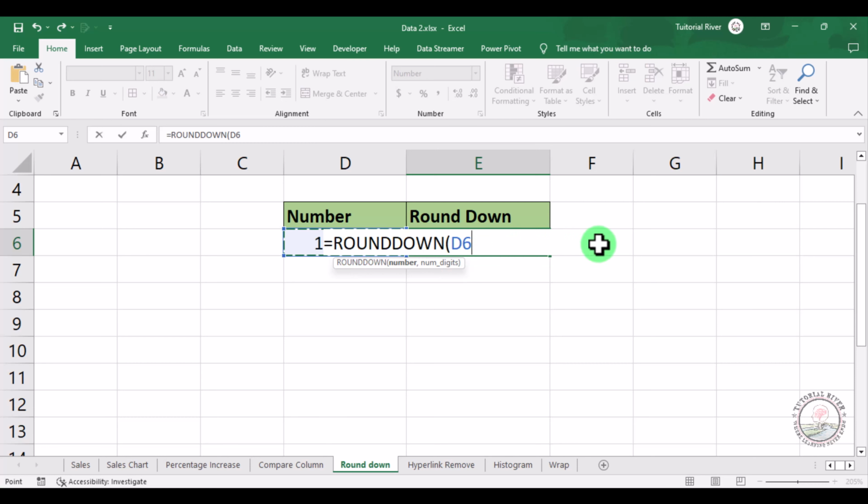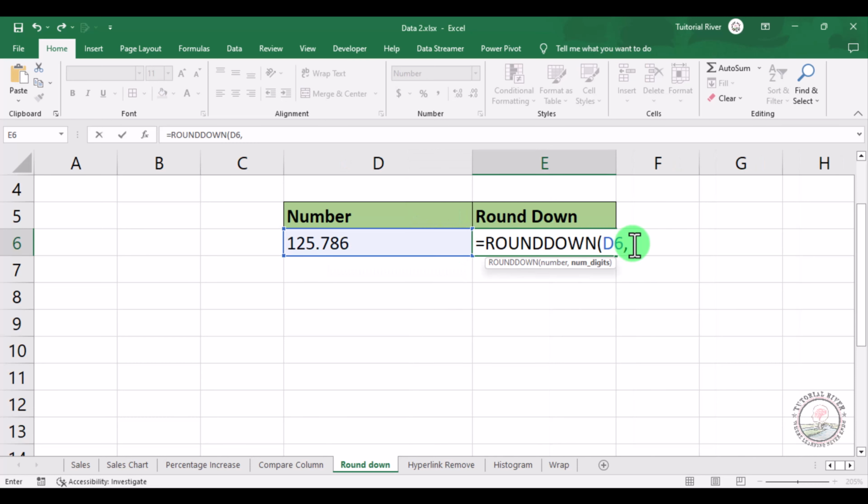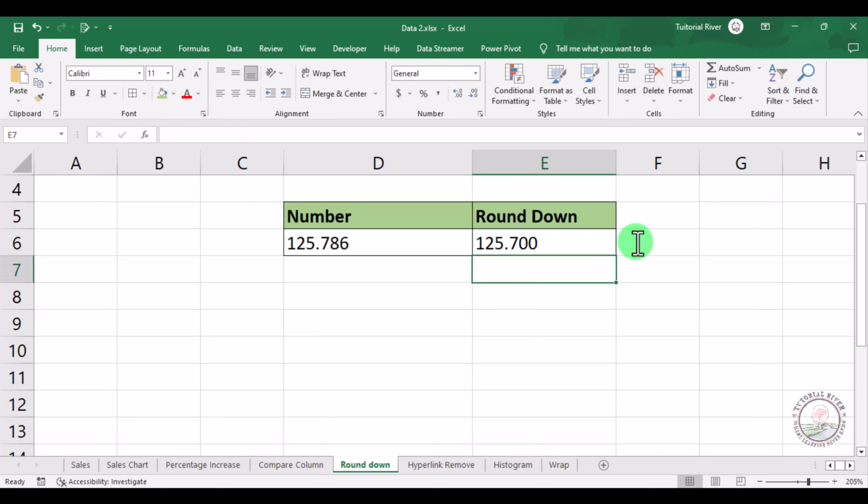This is our digit. Now enter a comma. Then how many digits? Here, enter the number of digits you want to show. Look, we want to show number of digits 1. Then close the bracket and press enter. Now you can see this is rounded,